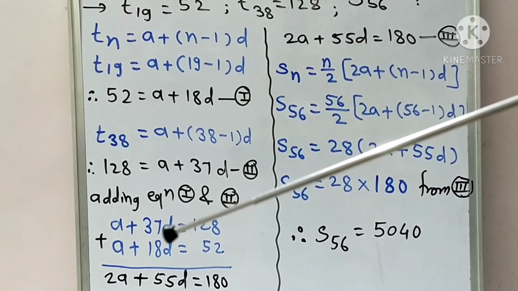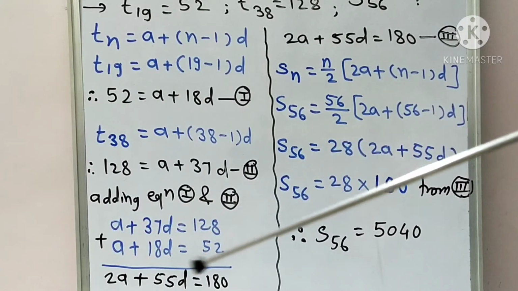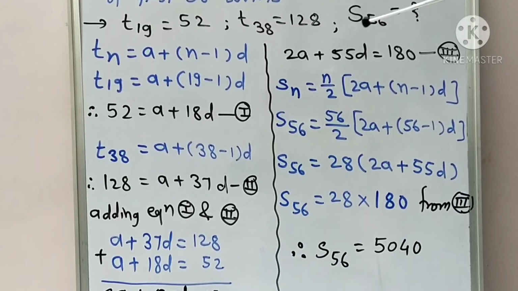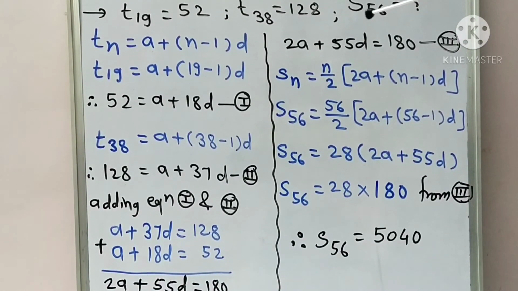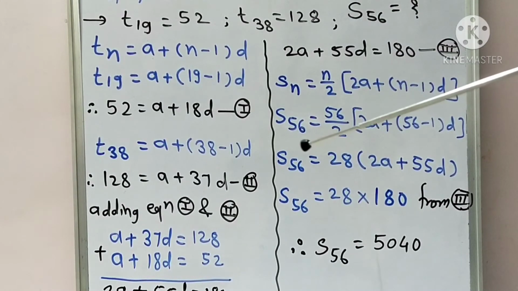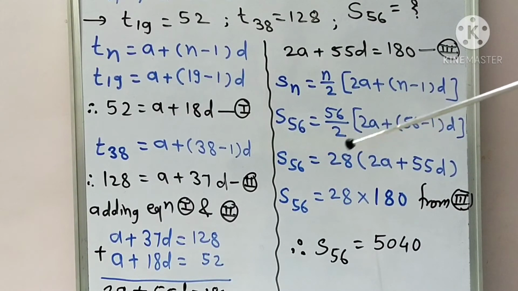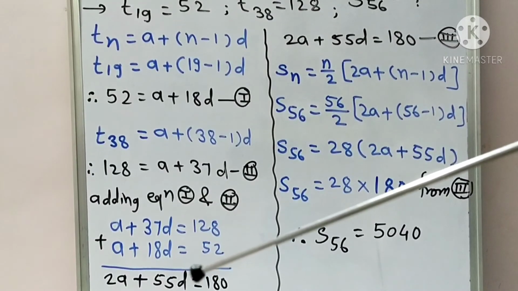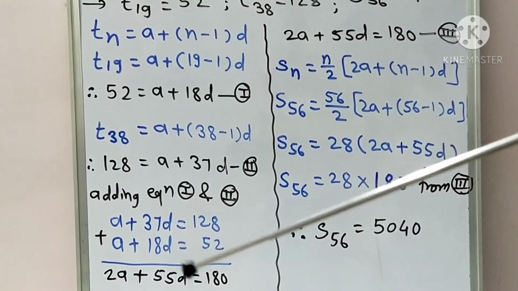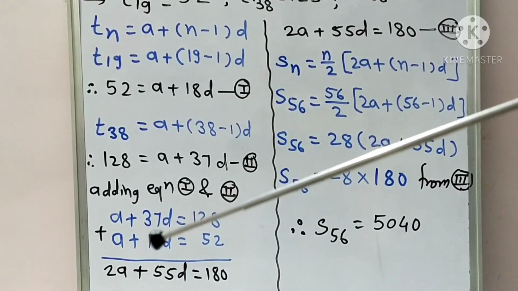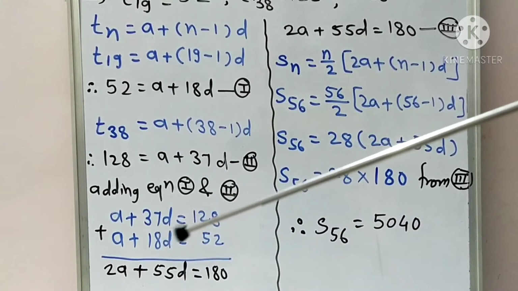But instead of that we do addition, because the example is given in such a way that when you use the formula of Sn and put the value of n as 56, you get 2a plus 55d, which you get directly by addition of these two simultaneous equations. Subtraction ने पण होईल, but होईल काय, here you are getting subtraction as an odd number, okay, and this subtraction